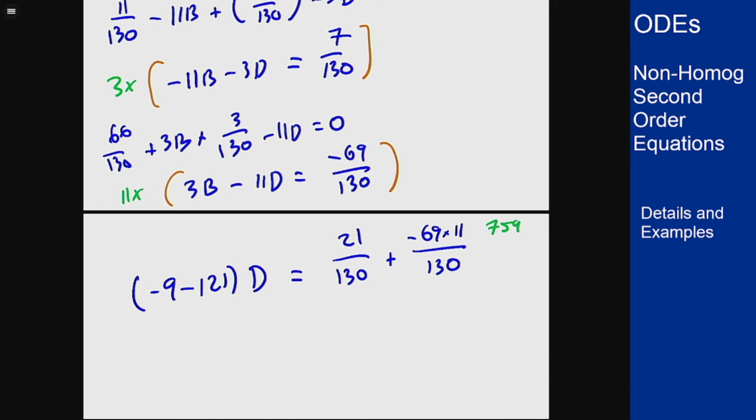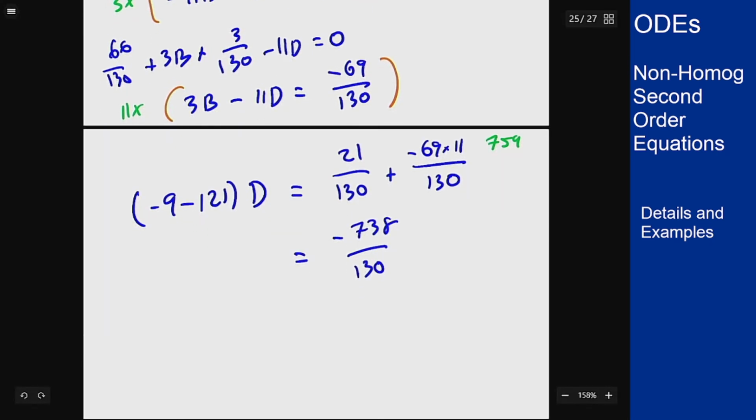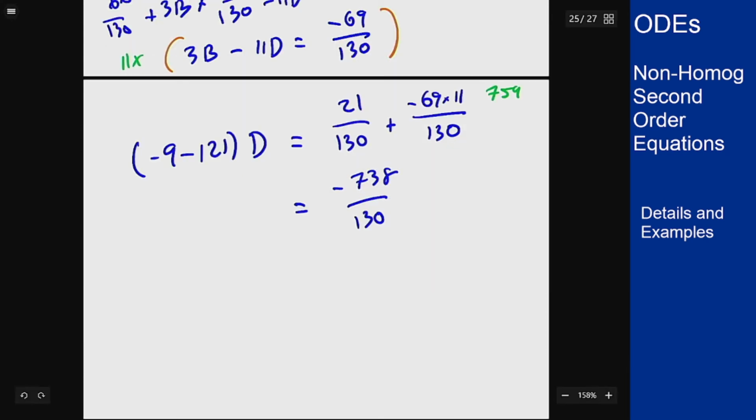So that, take away 21, means this is negative 738 over 130, divided by another 130, gives me that d is positive 738 over